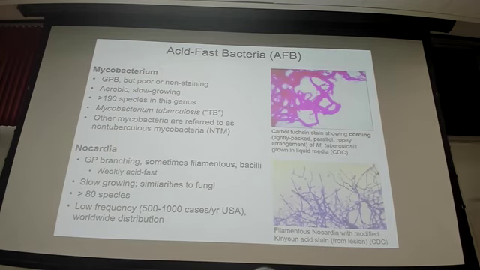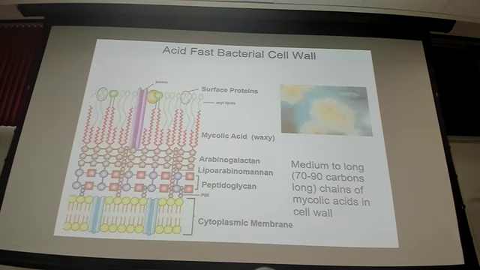But if we did look at those cells and specifically looked at the cell walls, they would typically be gram-positive bacteria. So they do have a layer of peptidoglycan, but more characteristically, it doesn't really matter that they're gram-positive because we can't stain them. This cartoon a couple slides later shows that here's your layer of peptidoglycan on the outside, but you have this very characteristic deep layer of mycolic acids, 60 to 90 carbons long, that confers a lot of the properties that we're going to be talking about.